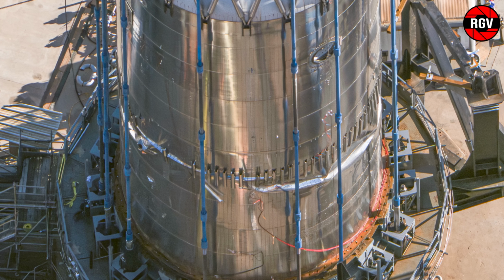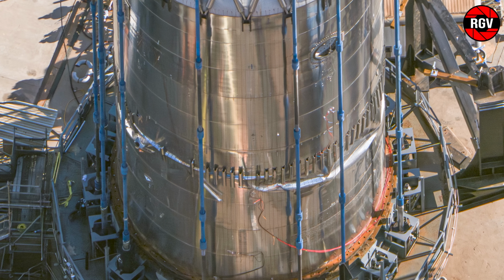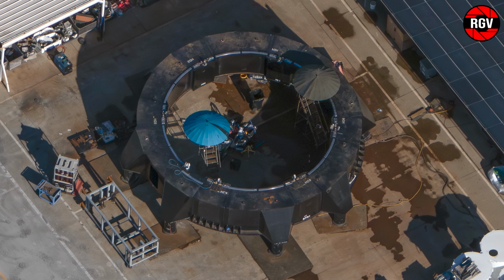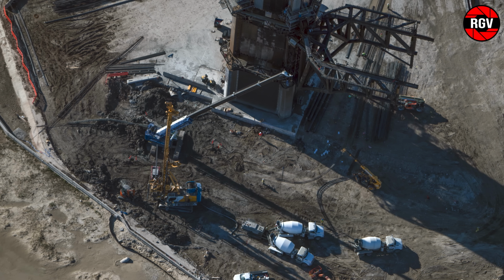Booster Test Tank 18.3 suffers a major structural failure during its first crusher test at Massey's. The first of the new ship transport stand is nearing completion at Sanchez, work on the third level of steelwork is almost finished at the build site, and pile drilling for the new flame trench at Pad 1 is underway